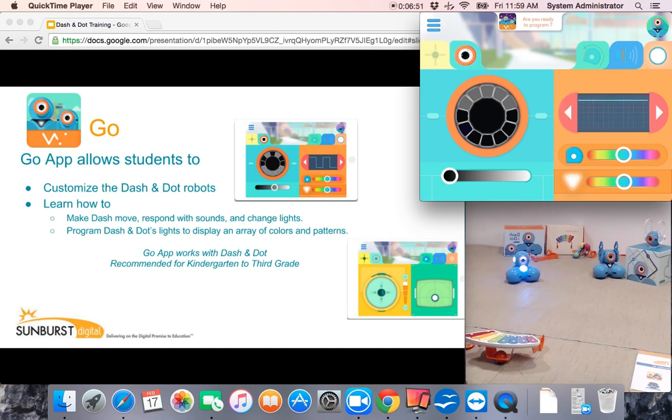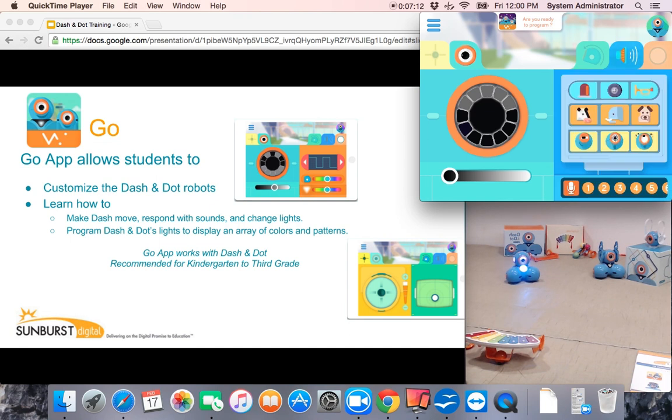We can change the pattern of the lights in Dash's chest and ears by pushing on these arrows, and we can change the colors by moving these circles back and forth. The other option available for both Dash and Dot is the pre-recorded sounds and recording sounds. So we can press on a sound. We also have the ability to record up to 10 sounds, and we can